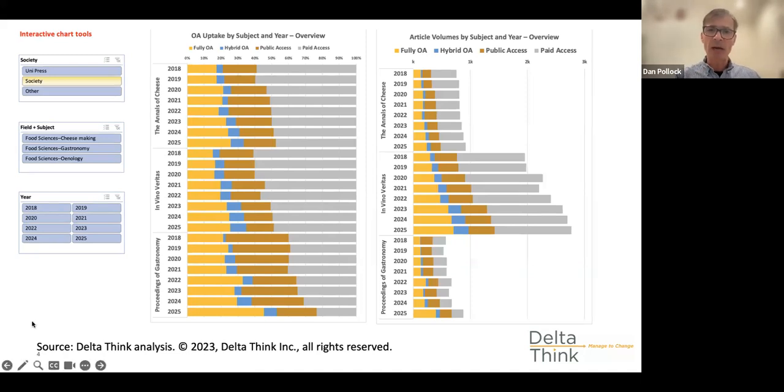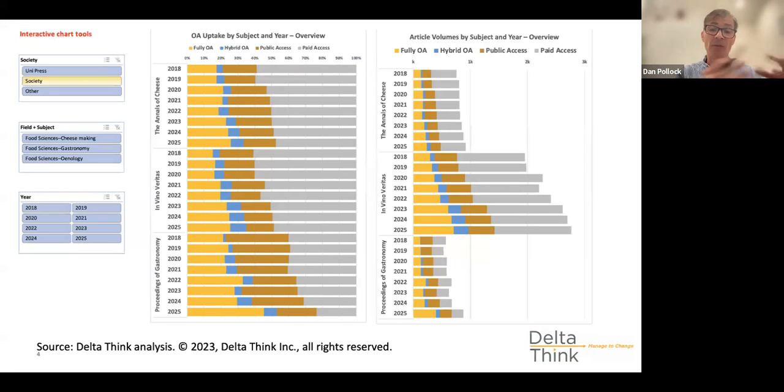The other thing we do, and we find it requires a little bit of heavy lifting behind the scenes, is we'll take historical data. So if you look at the years, they're running 2018 through about 2022, and we're just doing the 2023 data now, but we'll then project that forward. So the last few years are looking at 2023 to 2025 in these models, because often people want to know, what's the direction of travel, and will uptake continue to increase, or has it hit a peak and is it falling off? So we'll do a little bit of work to try and project things forward.